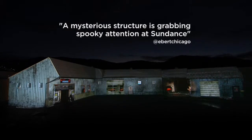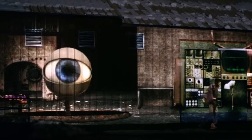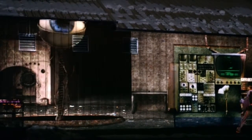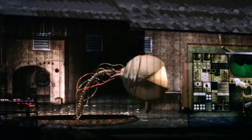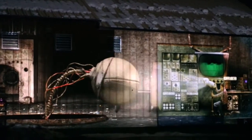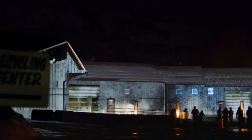That's kind of awesome. They let me. I mean, it was like Sundance. I could be weird and quirky and dark. I went nuts, obviously. So he tends this machine and is terrorized by these grotesque characters. You'll see later, there's a cow tongue that we animated, and he spends all his time tending